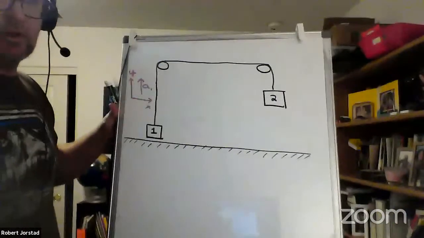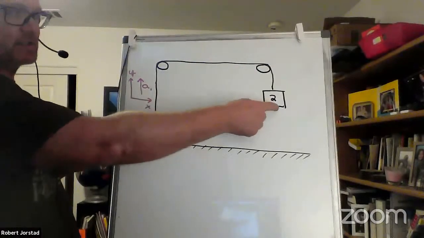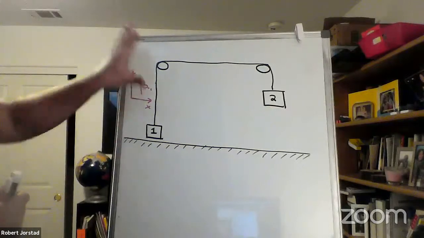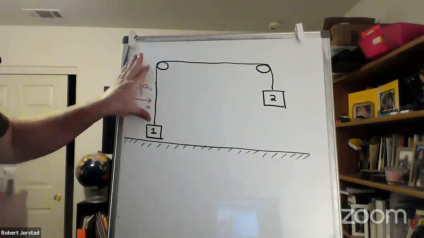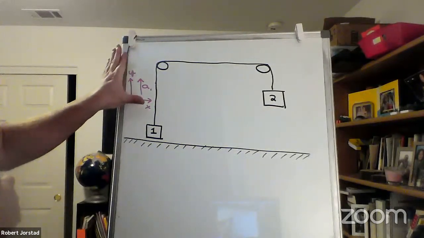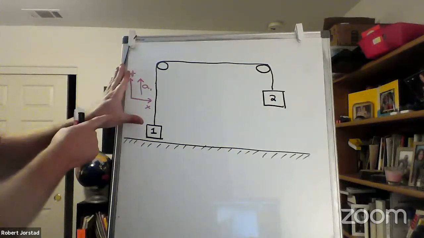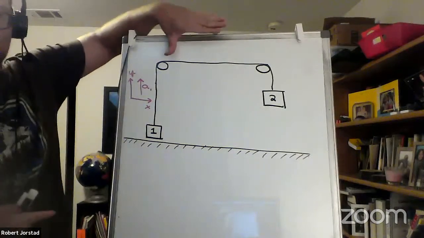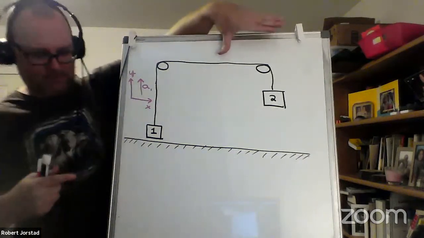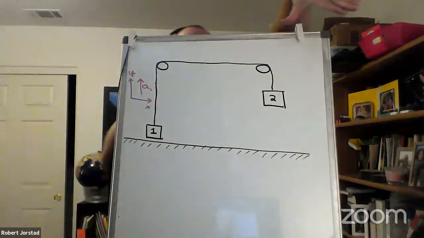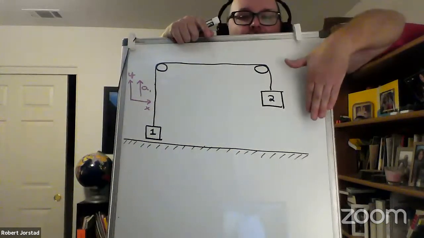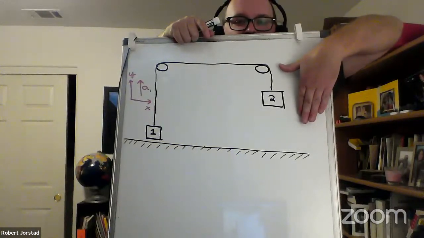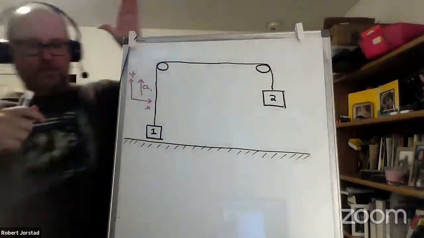Now, when I let go of this block, let's assume 2 is heavier, it's going to fall down. Watch what I do with my hand. I'm going to pretend my hand is the coordinate system. So there it is. Now I'm going to let my hand follow the string. If the string bends, I'm going to bend my hand. So this is still the same coordinate system. And then let me get over here. Right here, this coordinate system looks a little bit different, but I want to point out, if I could do this in one sweeping motion,